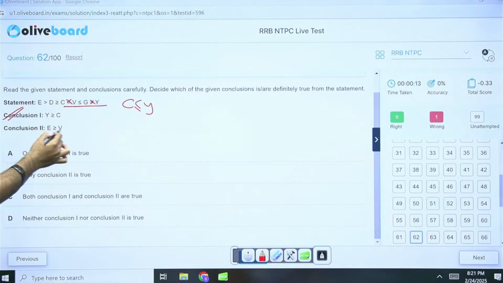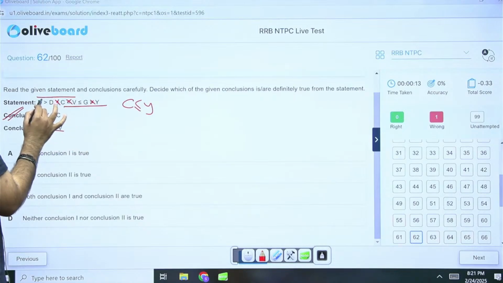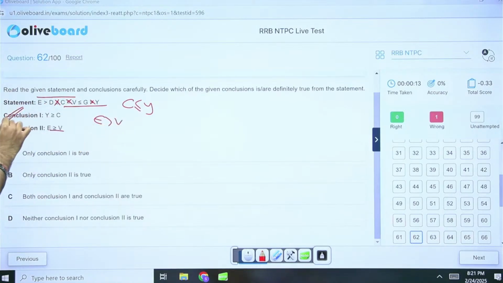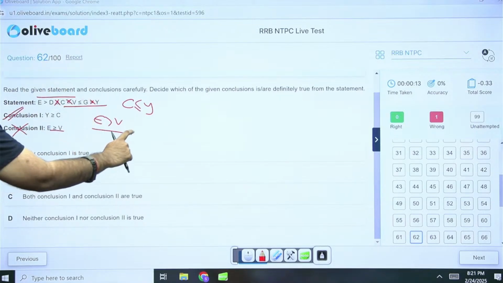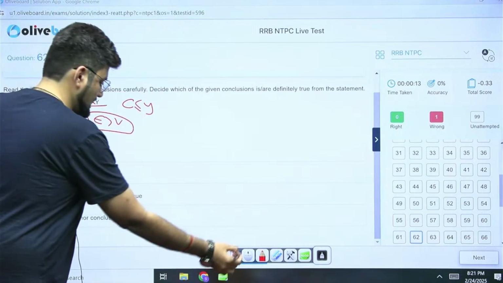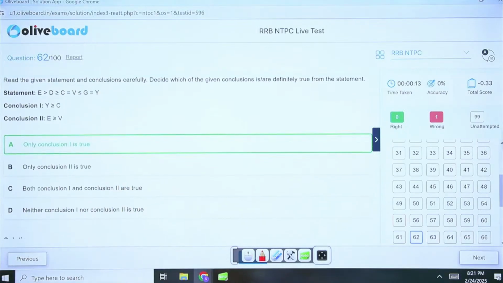Conclusion 1 is correct. E and v, if I check here, equal to dropped, this will also be dropped, definite, indefinite, so we'll have e is greater than v. But there e is greater than equal to v, no, that is not correct. If it is greater, you know only about greater. You can only definitely be sure about this sign, not the equal to sign. So only conclusion 1 follows is true. Option A is the correct answer. Next,